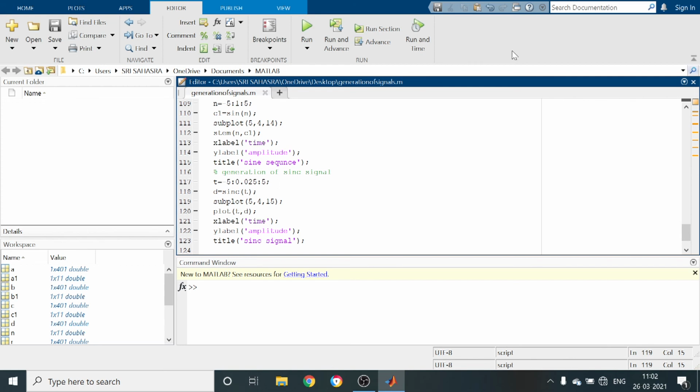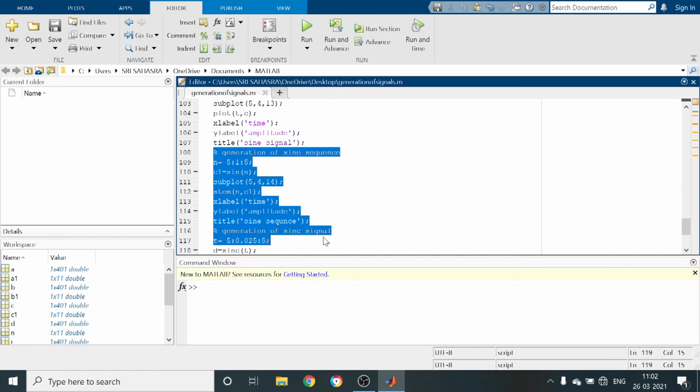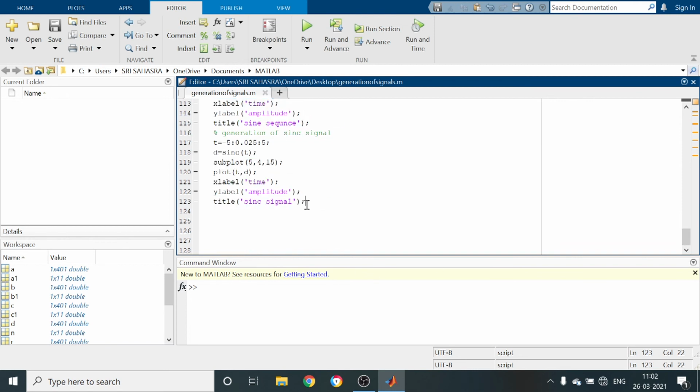Next here is the sync sequence. I am going to write the program to generate the sync sequence. I am copying the sine sequence and doing modifications, generation of sync sequence.